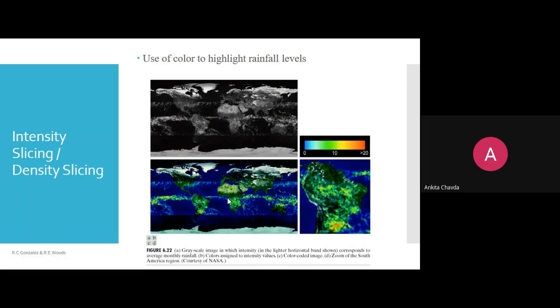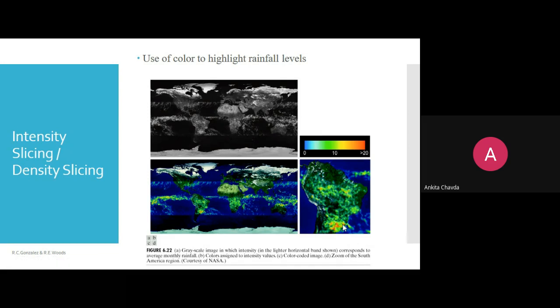So they are using this intensity slicing. In the gray level, from this intensity to this, the color is this, right? So we have multiple colors: blue, green, dark green, and so on. Green is used for the forest and all, right? So here is the red. Then they have zoomed in. They are just showing you this focus via the zooming, and you can see the red color over here. It means heavy rain.